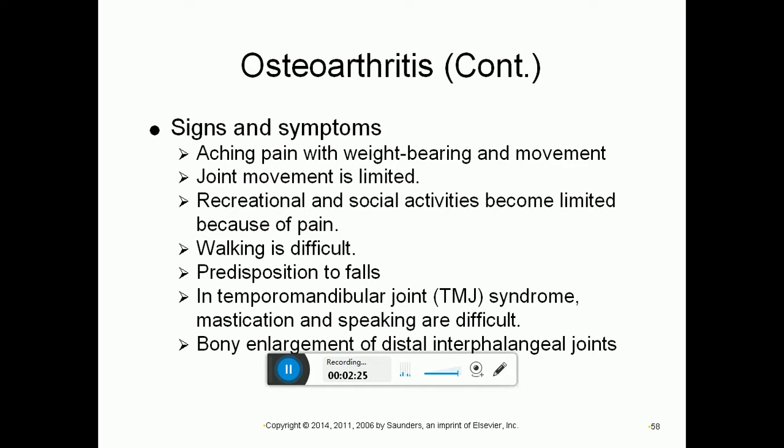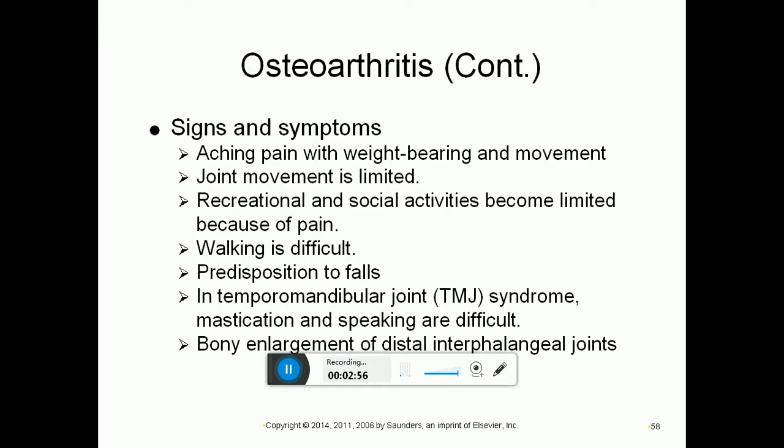Signs and symptoms of osteoarthritis would be the patient that comes in and they have pain, swelling, and even sometimes redness in the weight-bearing joints, so in the knees and the hips, sometimes in the smaller joints of the hands. There's usually morning stiffness, meaning that they wake up in the morning and these joints tend to be stiff. But the morning stiffness doesn't last for long, about 5 to 10 minutes, and then they're able to